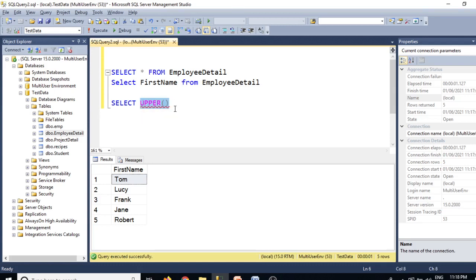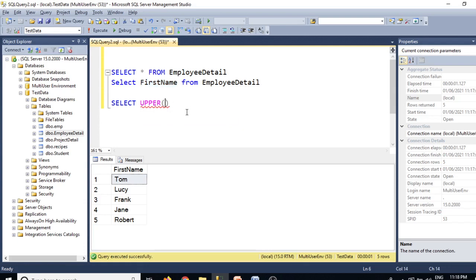In Java we used to call methods, here we call functions. This function has its own naming convention. What it will do is simply convert a normal string into uppercase.